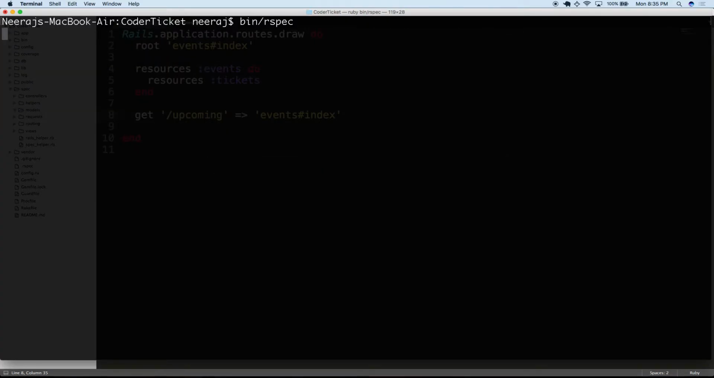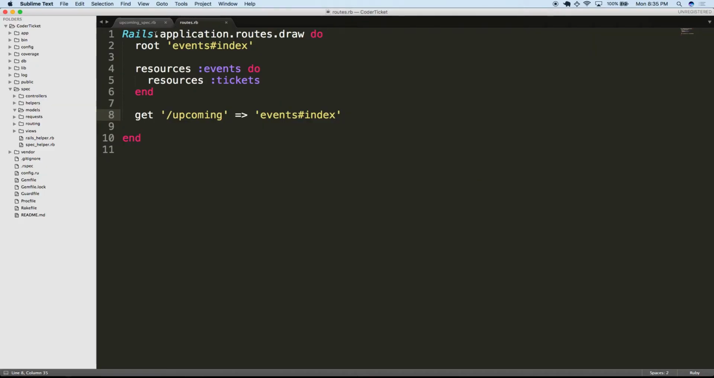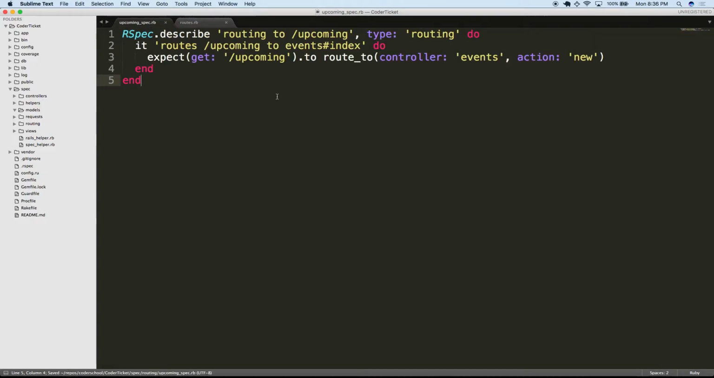We'll go ahead and run our tests, and we expect it to fail, and it did. Except this time it failed with an undefined method. Let's see what our test looks like. Expect get upcoming to route to